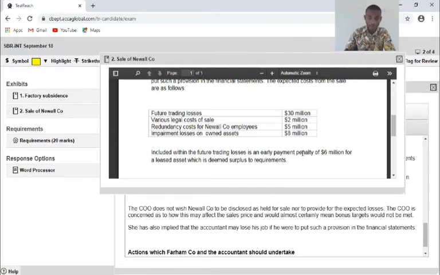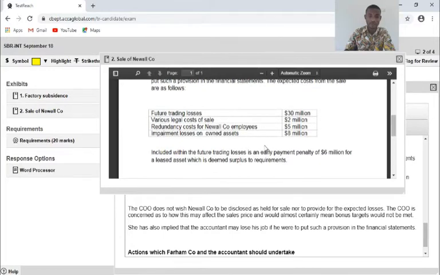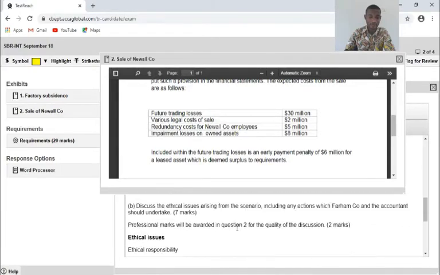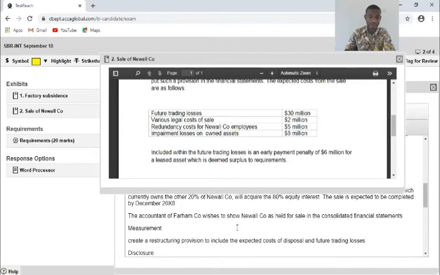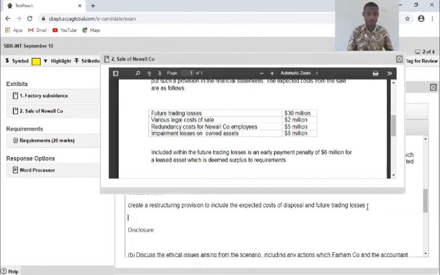So what it means here is that I want to look at the measurement. So look at it. I want to have a view of it and come here under the measurement and begin to type.